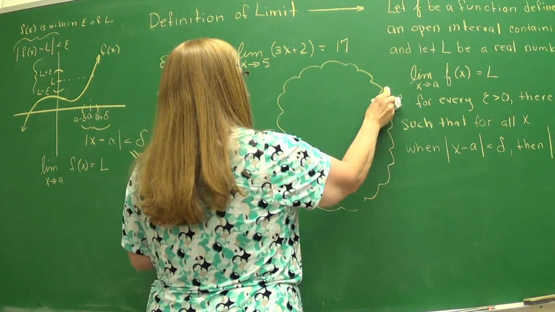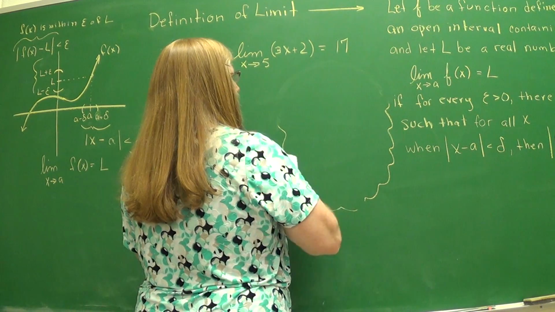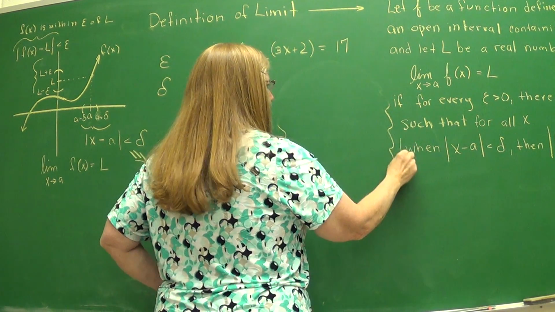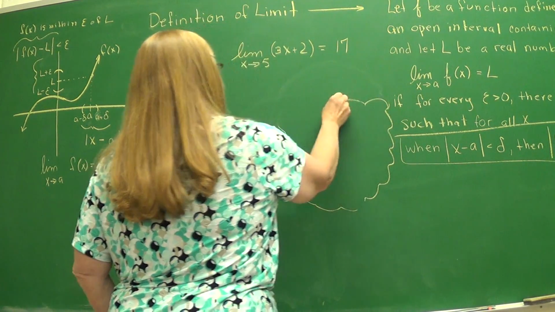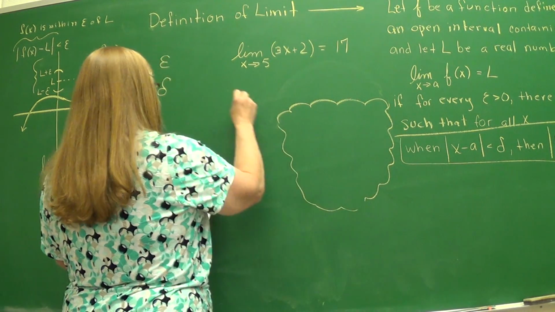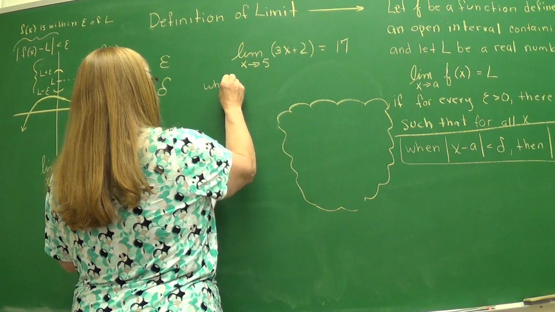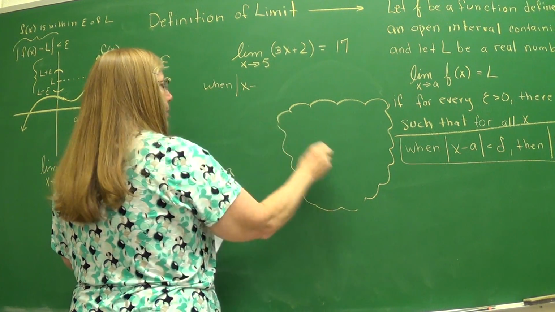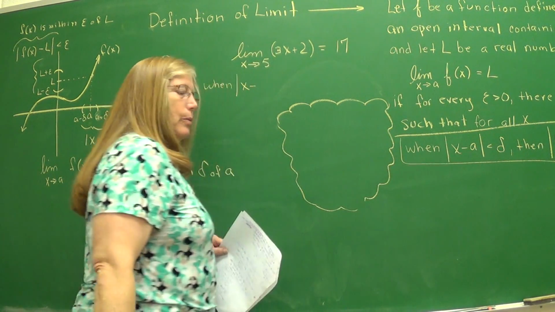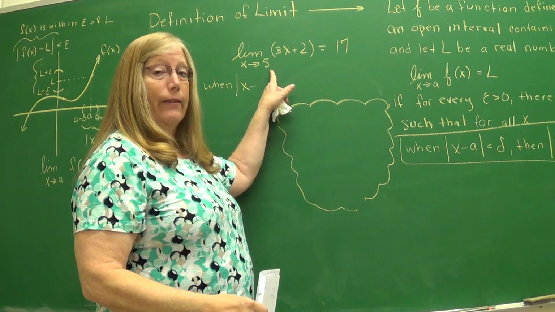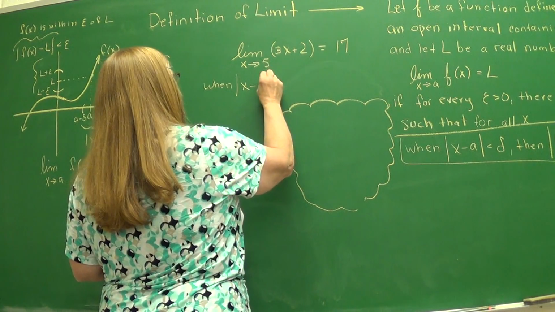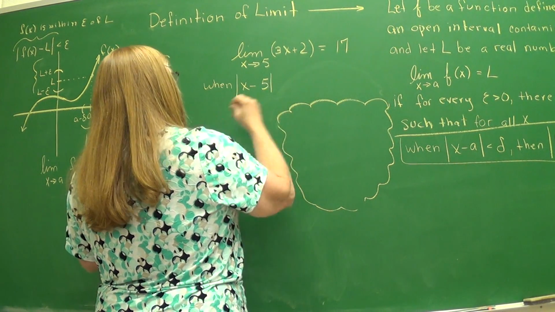Let me give myself a little bit of room. According to this definition, this line, I'm going to restate this line in terms of this example. So when the absolute value of x minus, what's our a in this problem? We're approaching a, so it's right here, 5. So whatever we're approaching will show up there. When that is less than